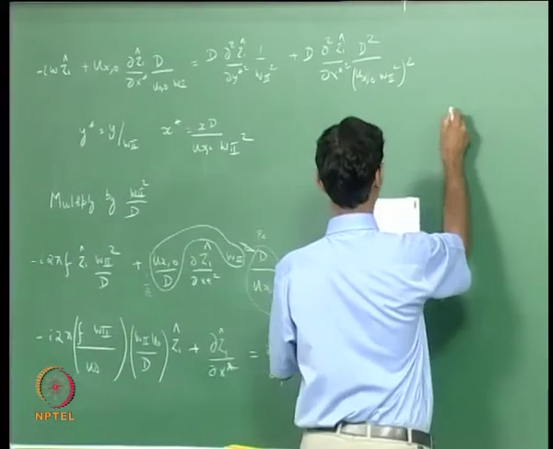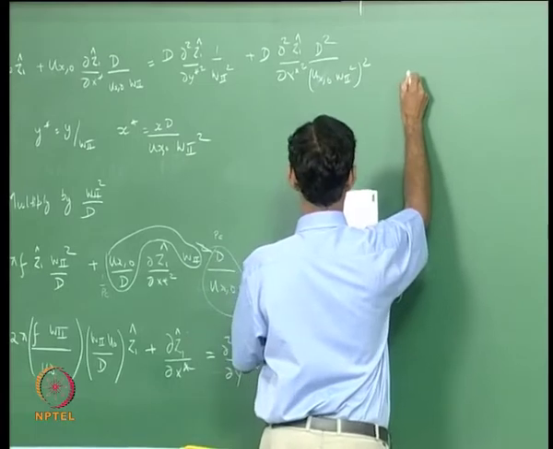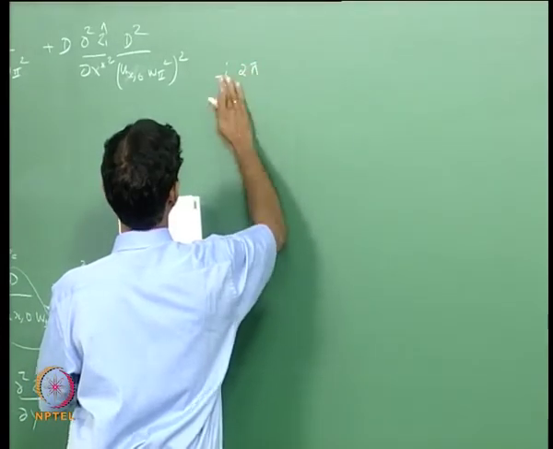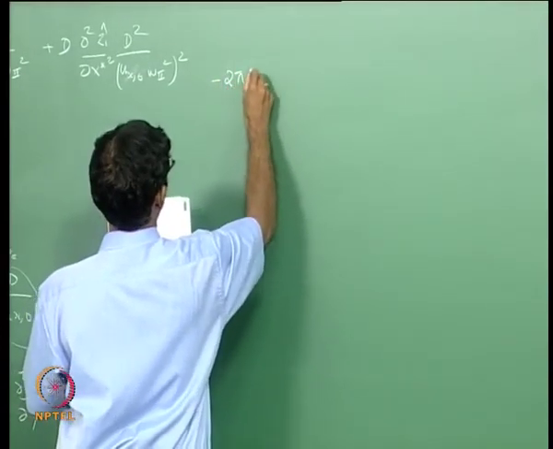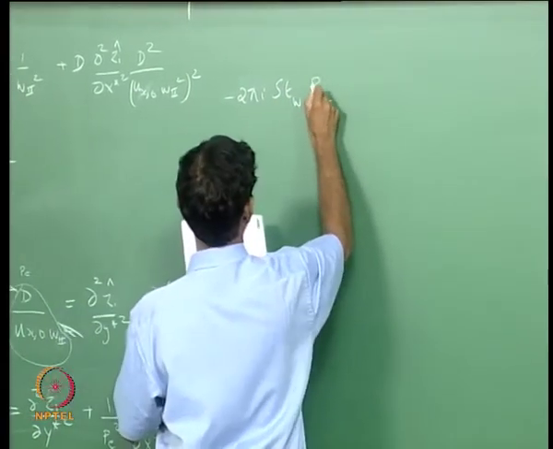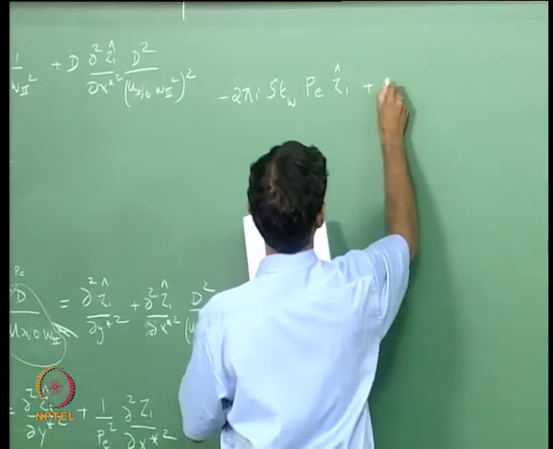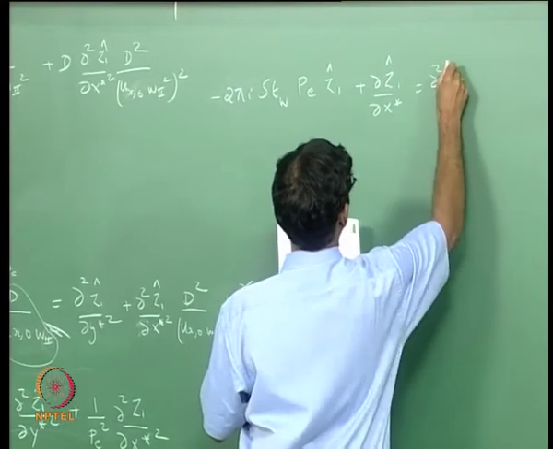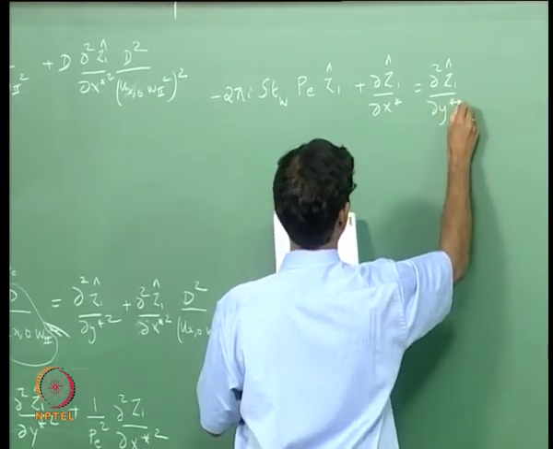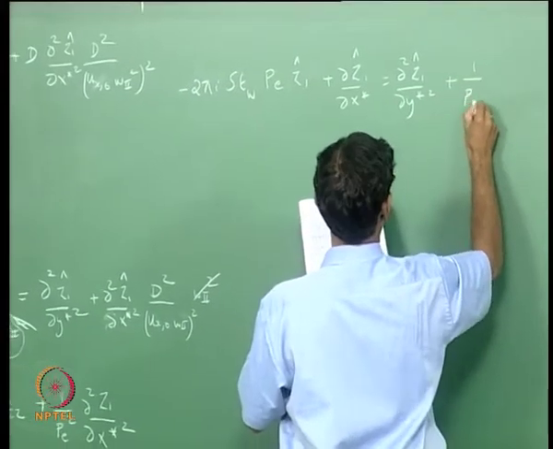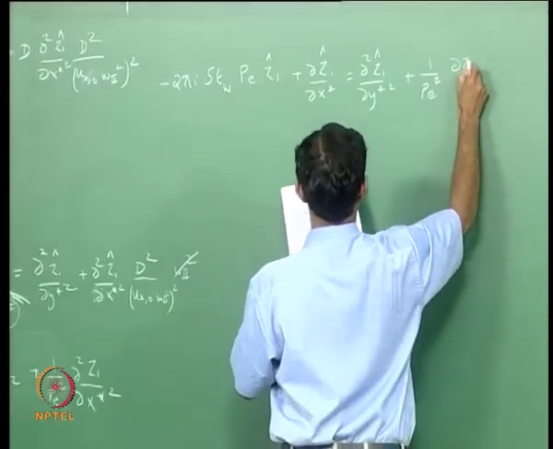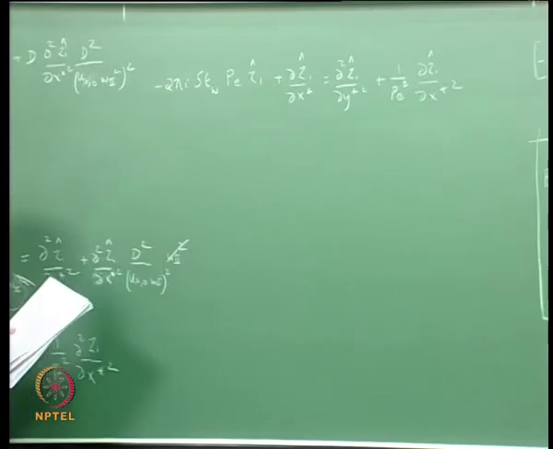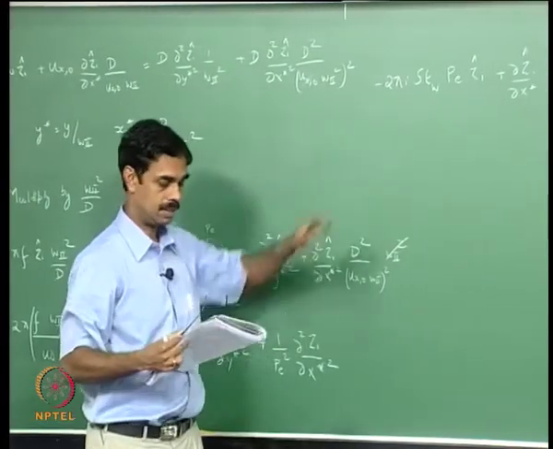So just clean this up and I can say it as minus I minus 2 pi I S T W P E z1 hat plus dou z1 hat over dou x star equal to